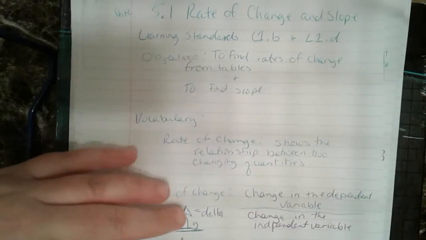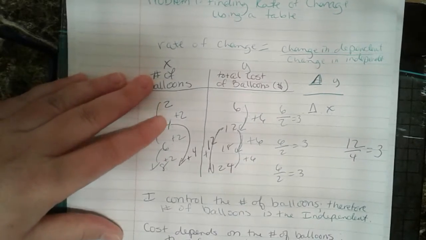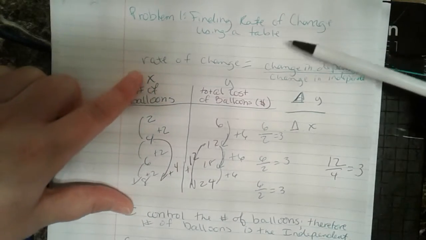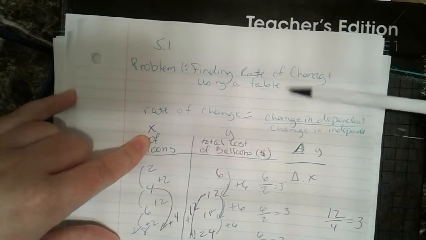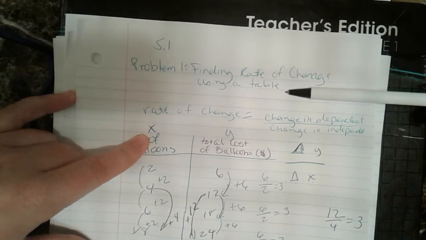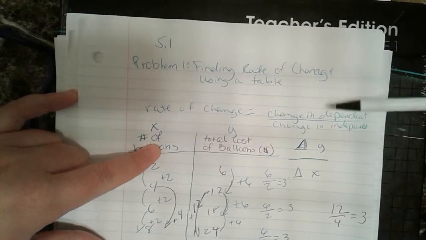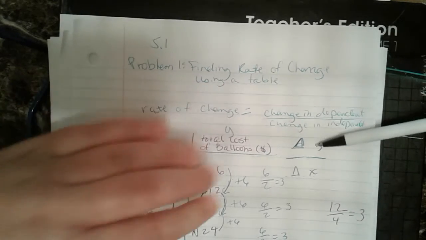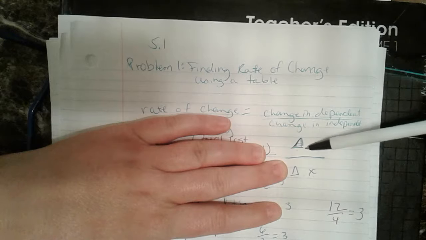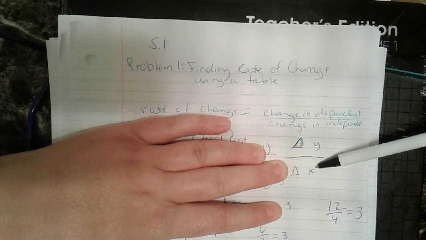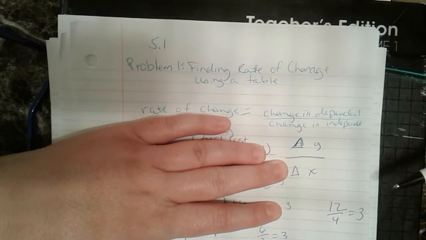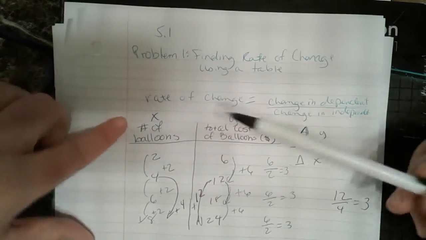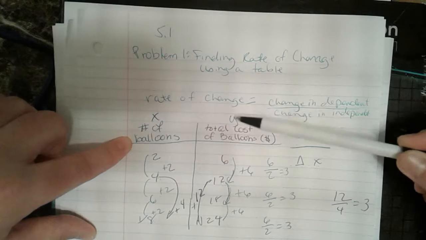Let's go ahead and dive into our first problem. In our first problem, we're going to find the rate of change using a table. Remember, rate of change is the change in the dependent variable over the change in the independent variable. It is going to be delta y over delta x. All that means is the change. Okay, so we have a number of balloons, and